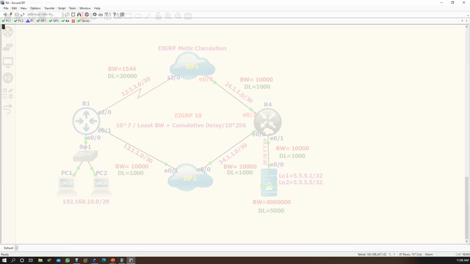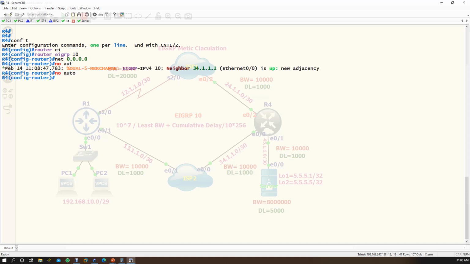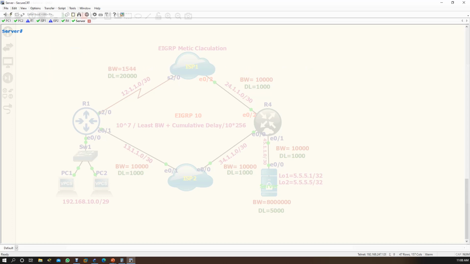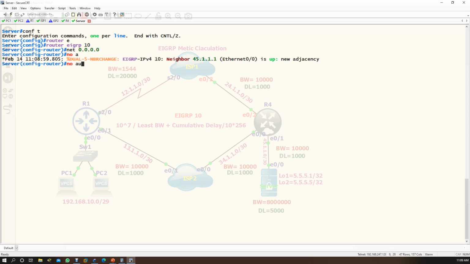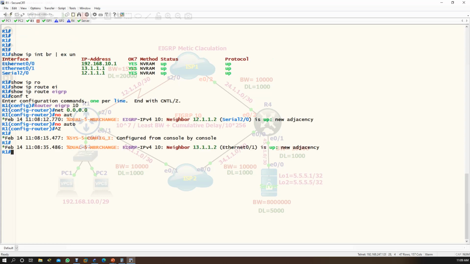R4: conft, router EIGRP 10, network, no auto. Okay, so everything is done now. So if I am coming on R1,